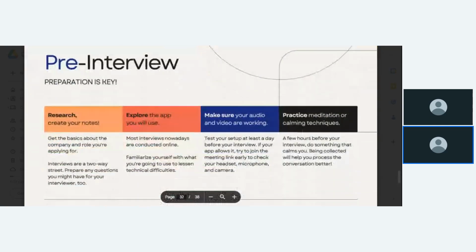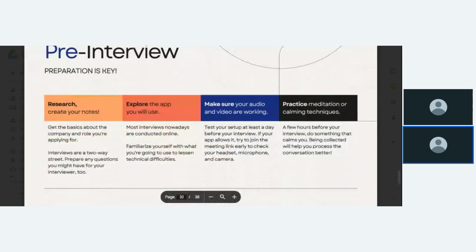So, of course, before the interview, you want to prepare, as preparation is key. Research and create your notes while you make your research. You want to get basic data concerning this company. And you need to understand that